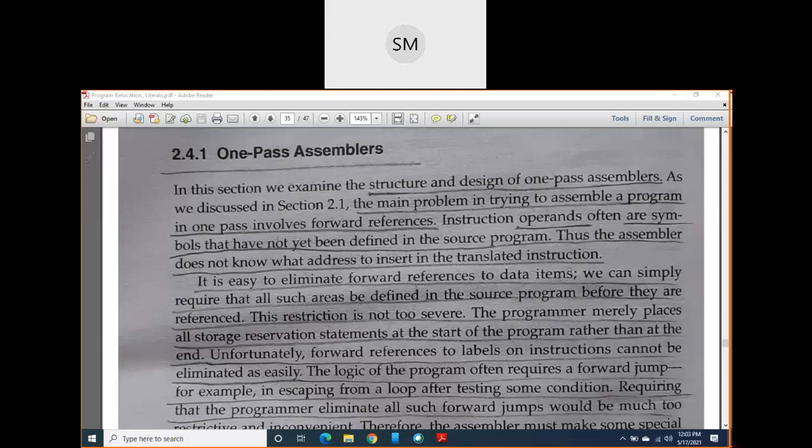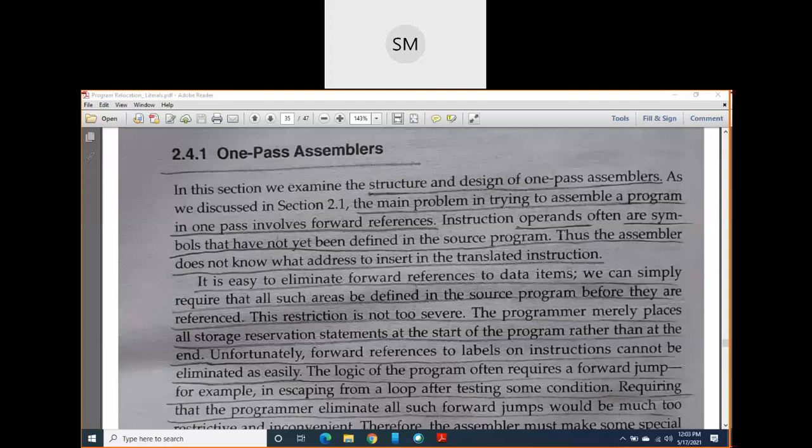These forward references we have to eliminate from now onwards. This is the problem, the difficulty we are facing.